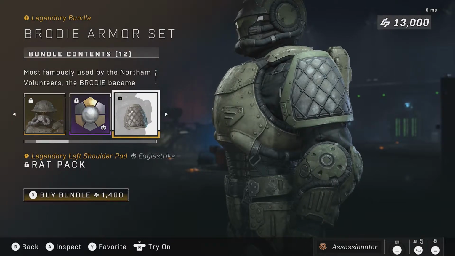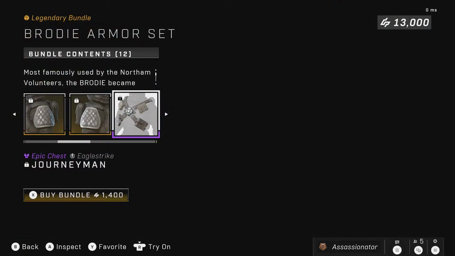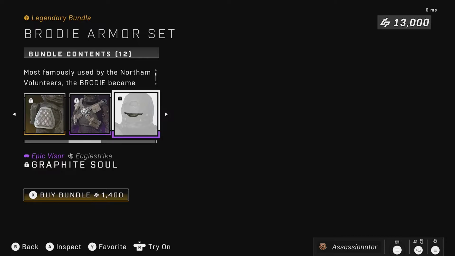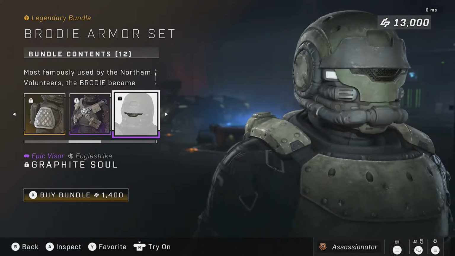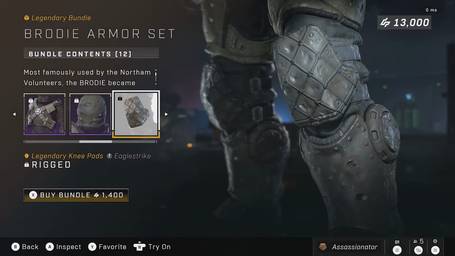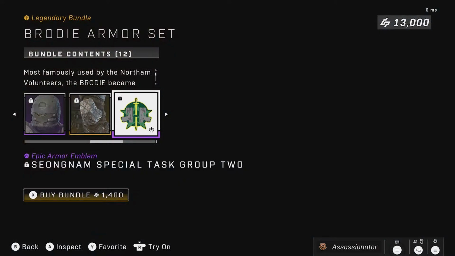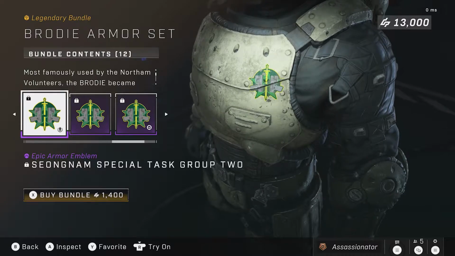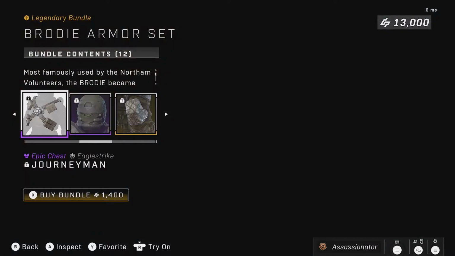Then we got the shoulder pads. The chest piece, which goes along with this really good. The visor, the visor, graphite sole, it looks basic. The knee pads. And then, of course, they included the nameplate emblem bundle set. So that ends up making up 4 of those pieces. So 8 pieces,